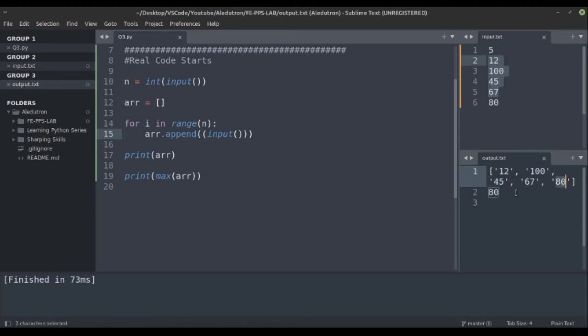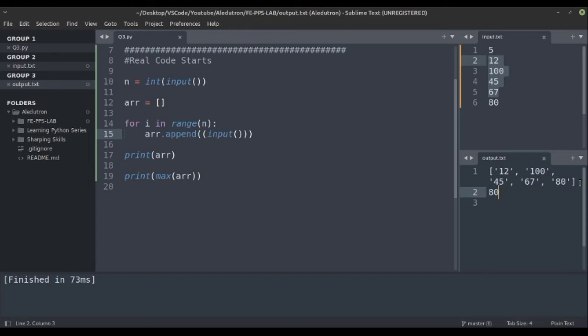And now we are getting 80 as the maximum value. Why? These strings are converted into ASCII values and then compared to see which is the maximum element. So using ASCII, 80 comes out as the maximum, so max of array gives us 80.